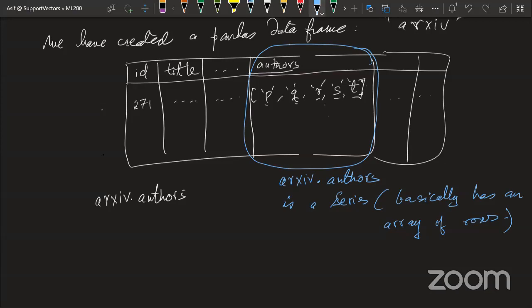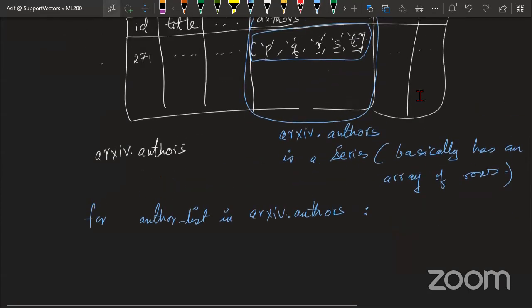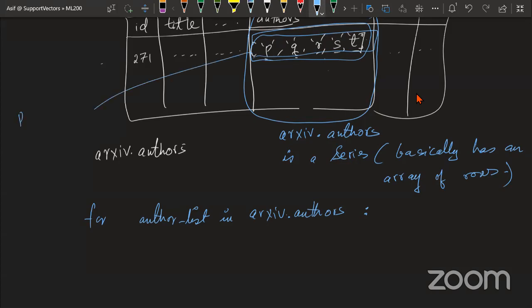Now, what do you want to do? You want to take each row, so you would say for author list in this. This part is now easy to understand. In other words, you want to take each of these items and break it up into pairs.